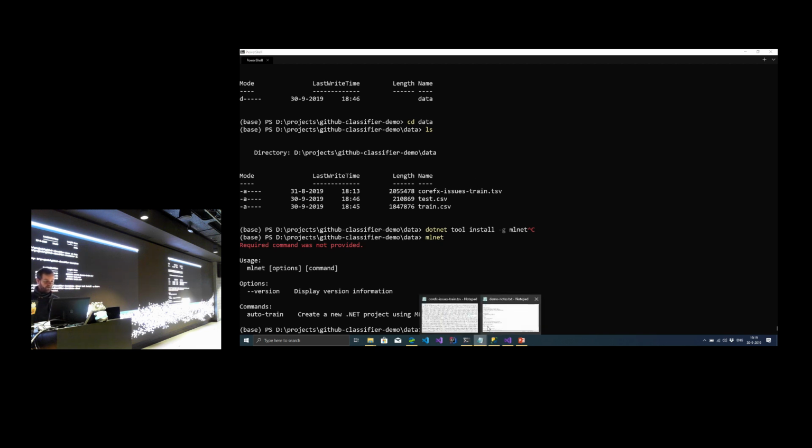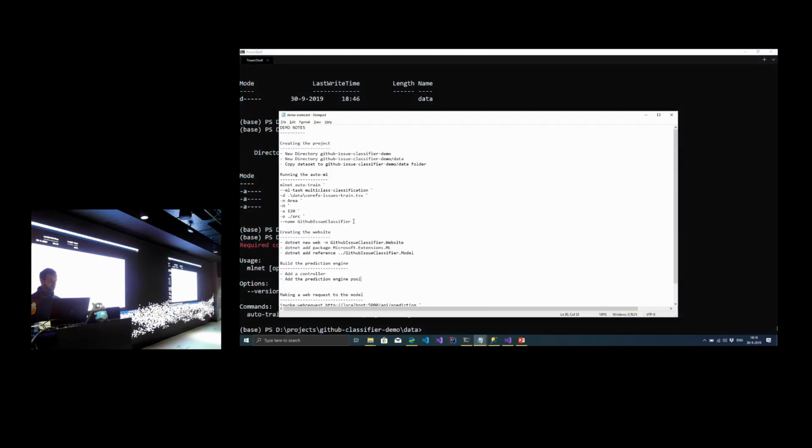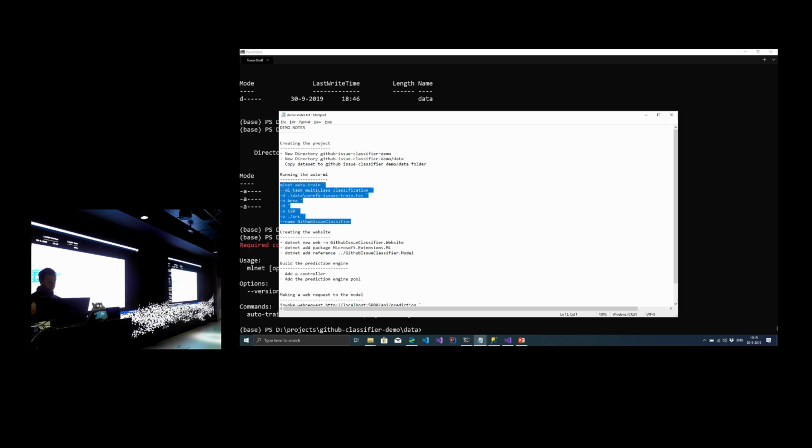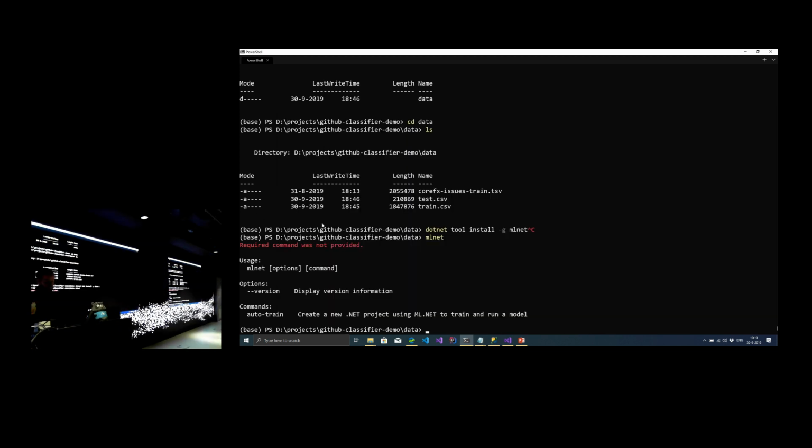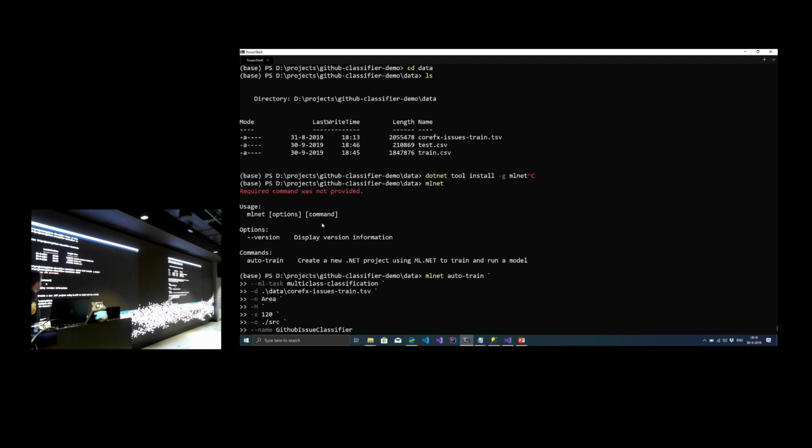So what I can do, I've got some demo notes to help myself. I can say, well, dear ML.NET, I want to train a model. I want to train a multi-class classification model. I can do regression, I can do the other one as well.